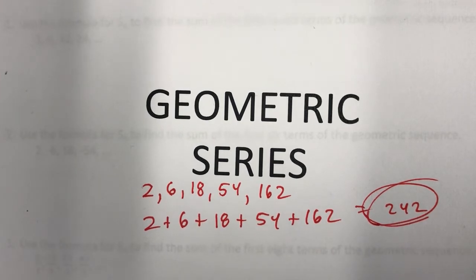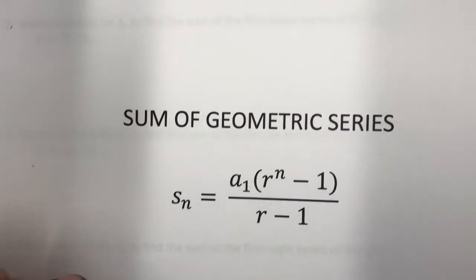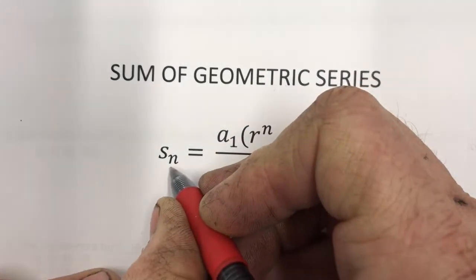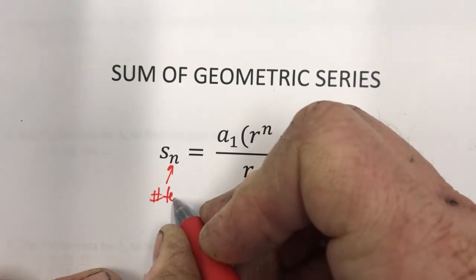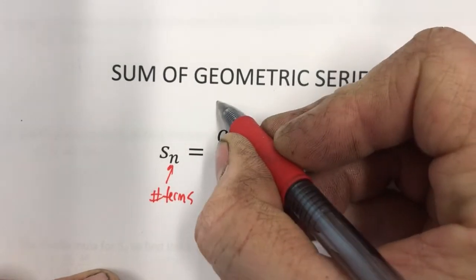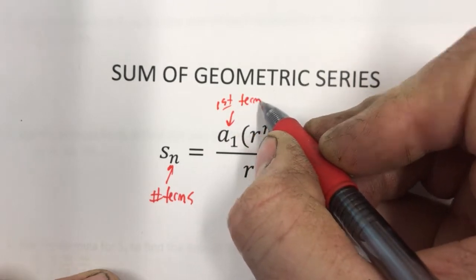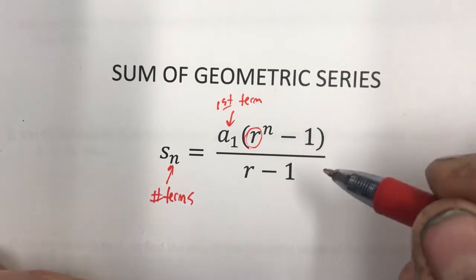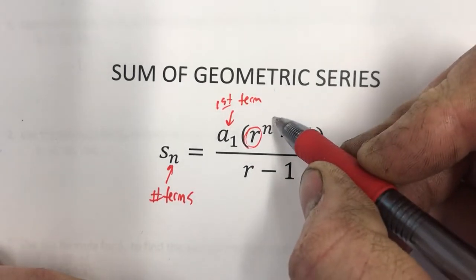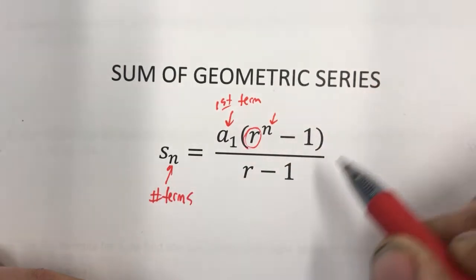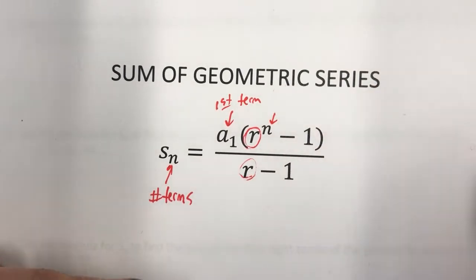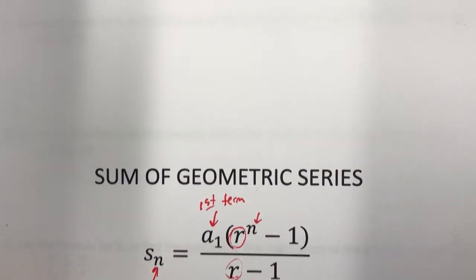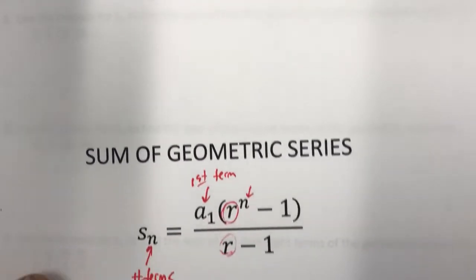All right, well, we can add these numbers up a little bit easier by using this formula. Where S of n, where n's the number of terms. A sub 1, of course, that's your first term. And then here's my common ratio, which is how much it goes up each time by a multiplier. And then, of course, n, again, the number of terms. And then R, your ratio down here again. So if I use this formula for up here, I'll just rewrite my